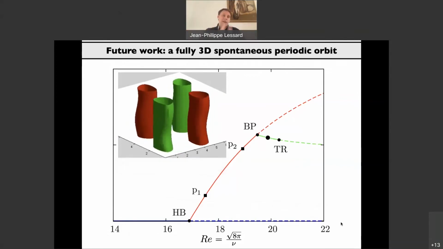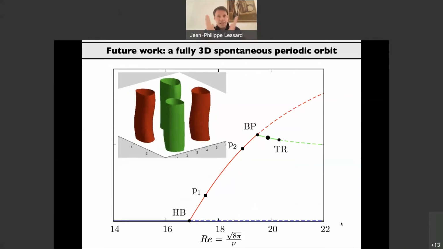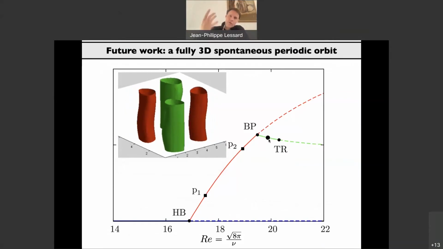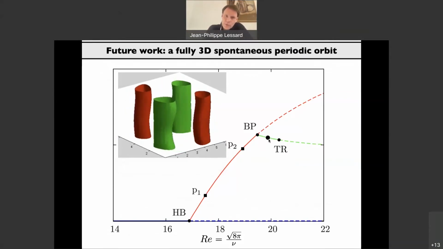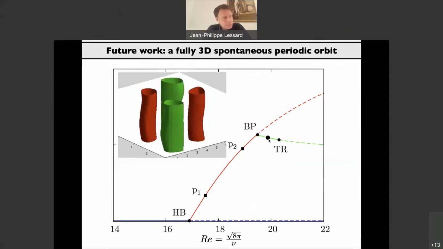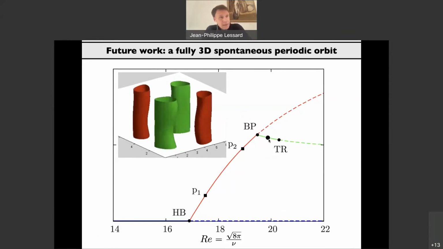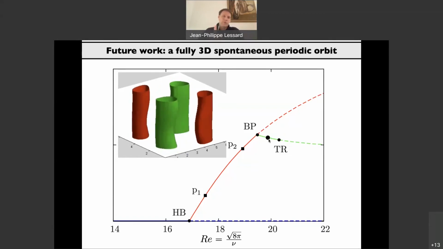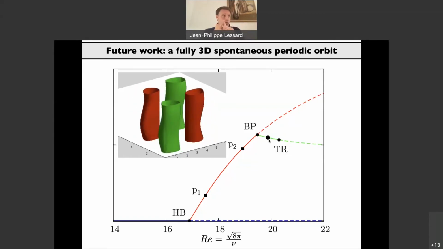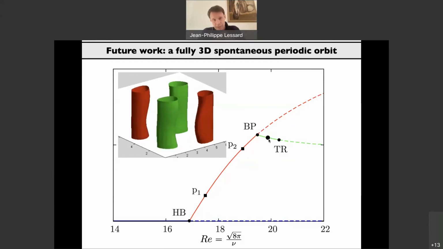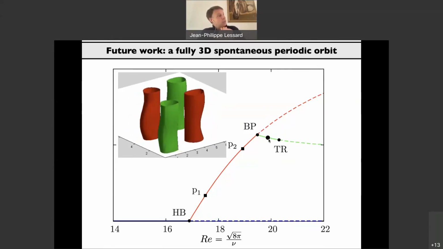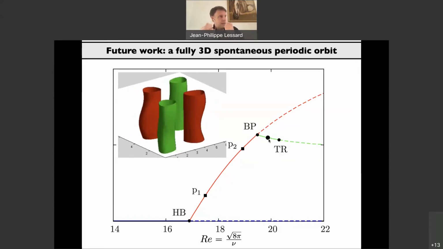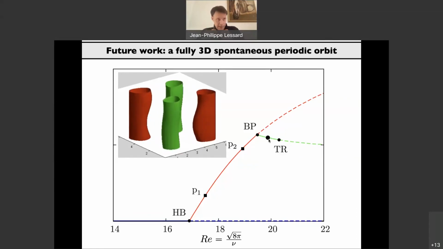But all the estimates are fully general. And okay, the goal is now to prove this one, and now it's a matter of computational power. So we are trying to reduce the computational time in our proofs. But one thing I can say is that if we can prove this one, then after that, the goal is to move to higher Reynolds number to prove the existence of more complicated periodic orbits and try to prove existence of connecting orbits between periodic orbits